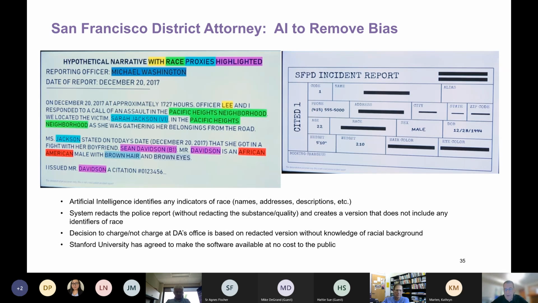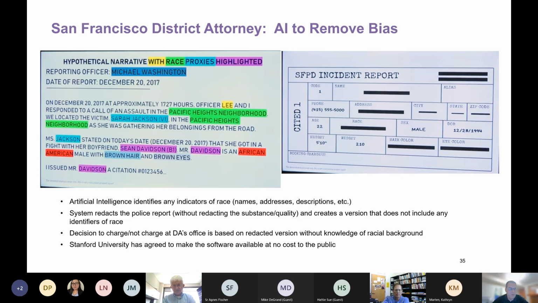It does not black out the facts of the crime, but it blacks out all of these decisions. And so now the DA is basically forced to say, just based on the facts, I don't know if this is a white, black, Asian, et cetera, person. I don't know what their name is. I can't infer race, but just based on the facts, what decision would I make, right? And so that's an attempt of eliminating